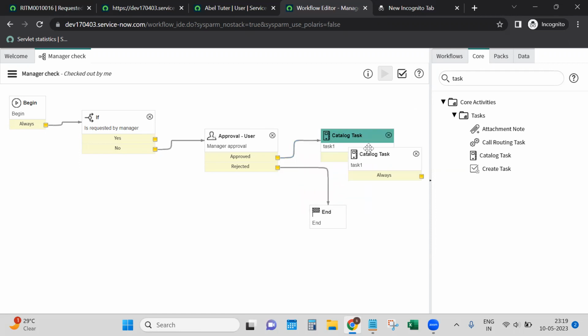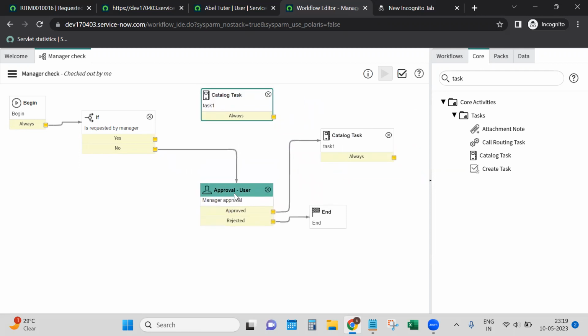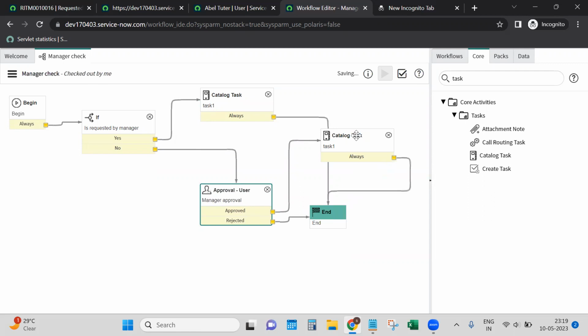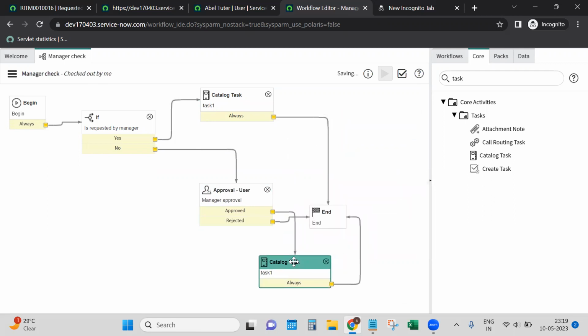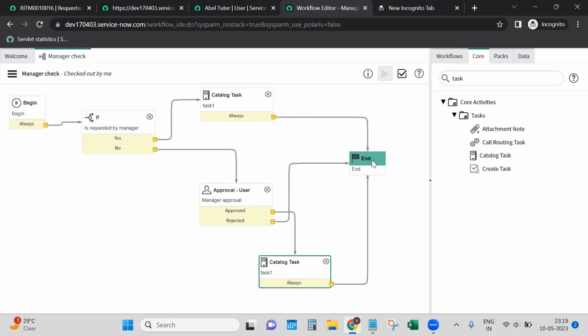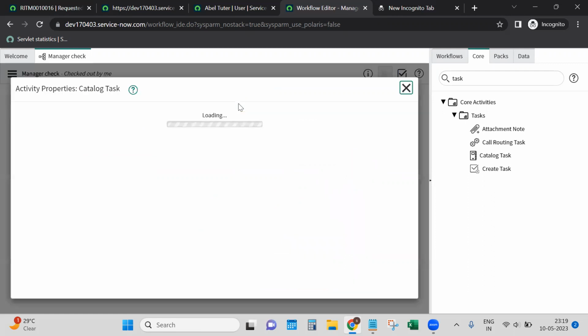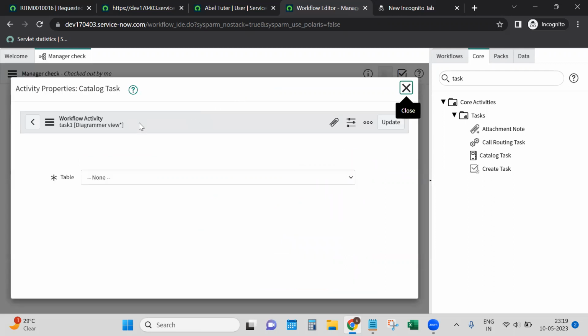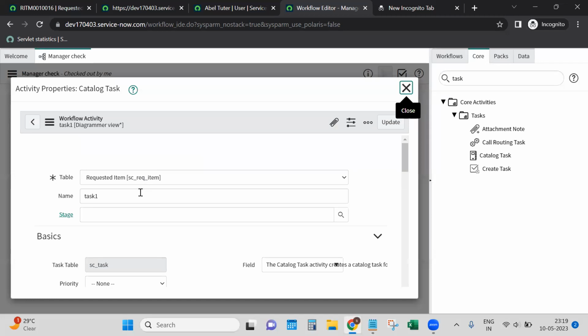Okay, activity. I would give the name as task 2 just for simplicity. And now